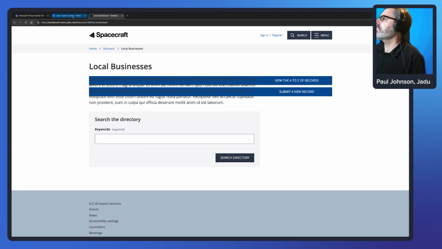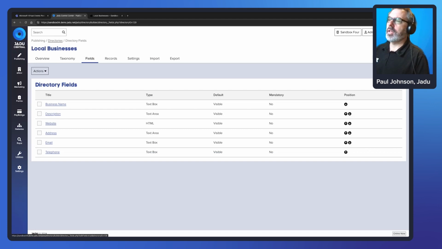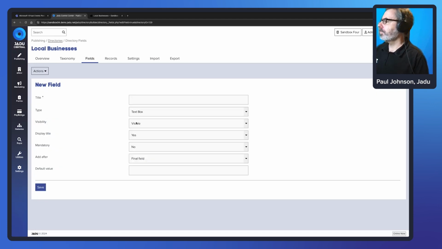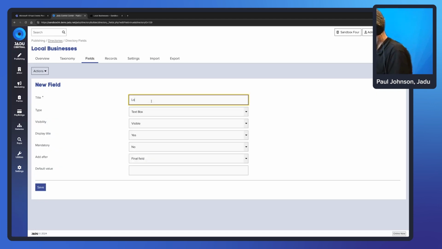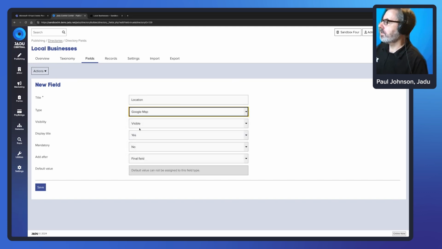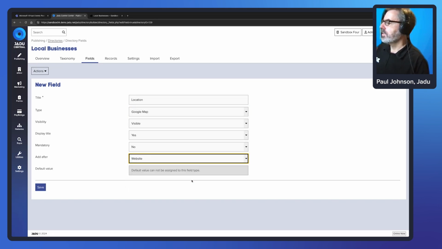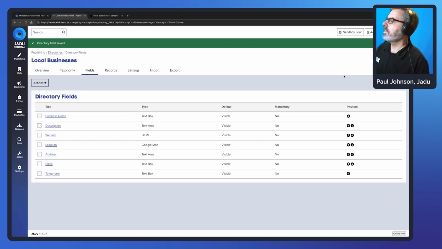So if I go back into my directory, I go to fields, I'm going to add a new field in. Let's call this one location. Add it as a Google map. I want it to be visible. I'm actually going to put it after the website field and before the address. So if I do that,